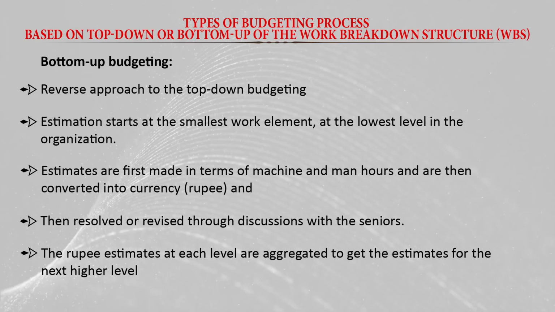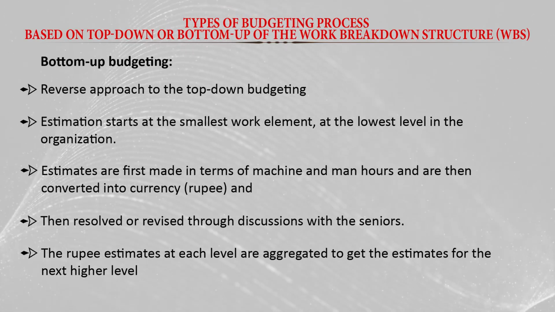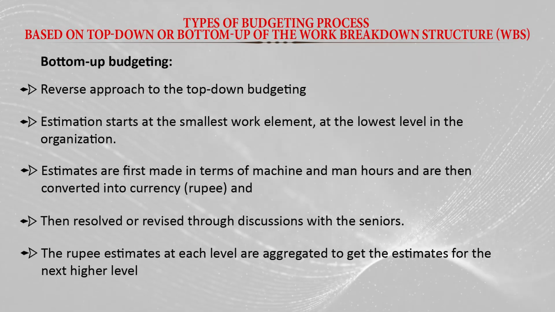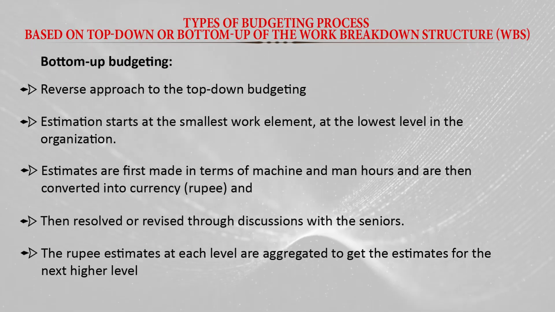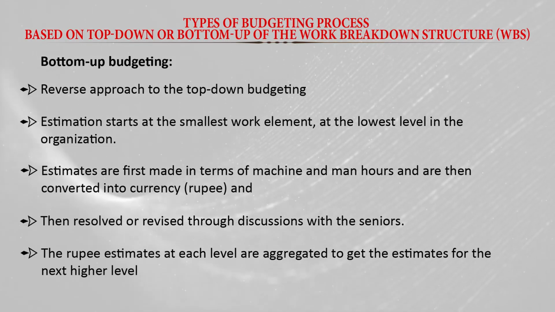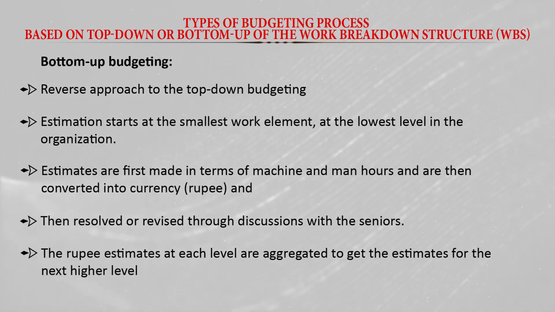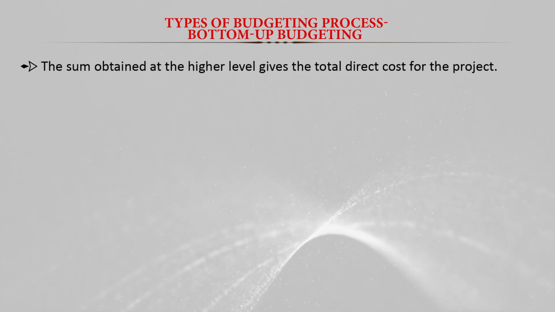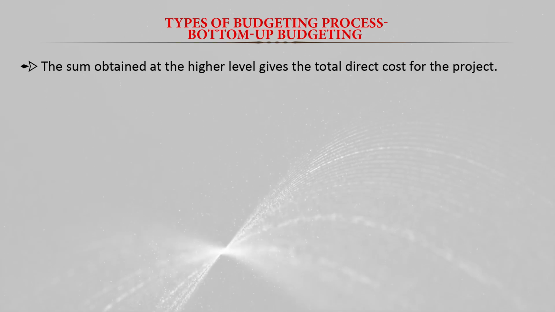So if the budget is estimated at the village level, this can be aggregated at the block level, and then the block level aggregate can be aggregated at the district level, and the district level aggregate can be aggregated again at the state level, and the national level we can say, if there is a requirement. In bottom-up budgeting, basically the sum obtained at the higher level gives the direct cost of the project,